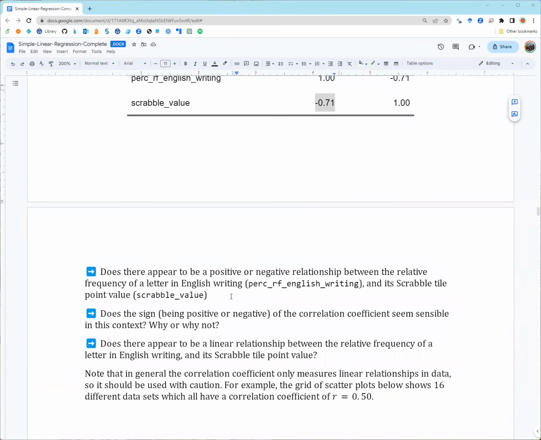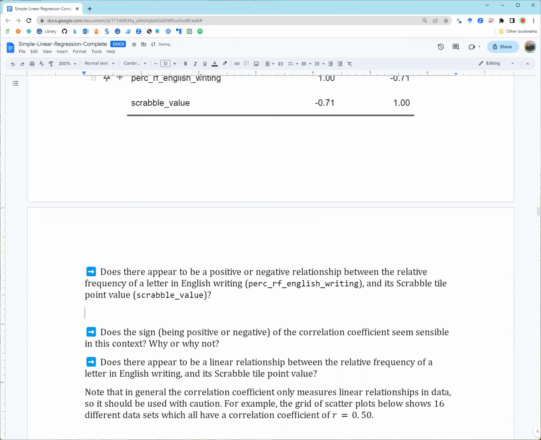Okay, so does there appear to be a positive or negative relationship? Since there is a negative relation between them, and the scatter plot shows that